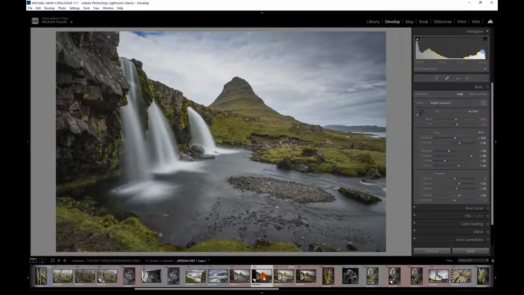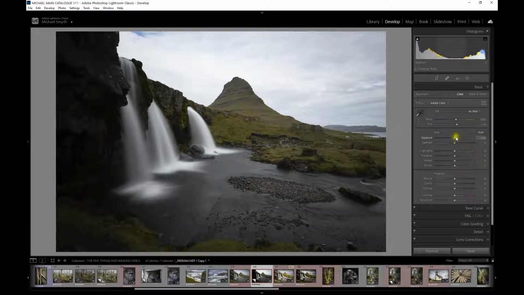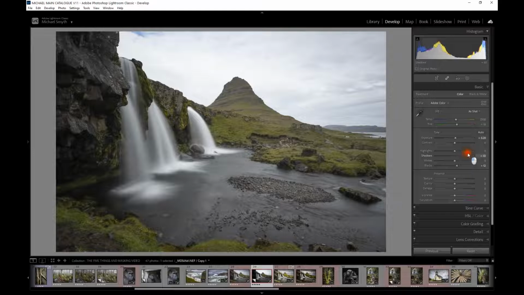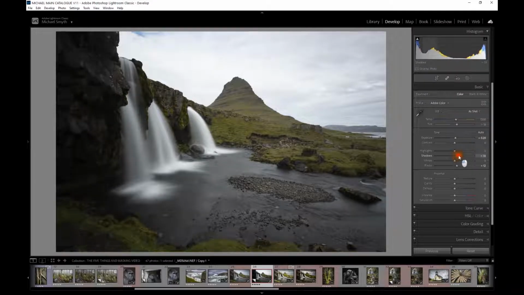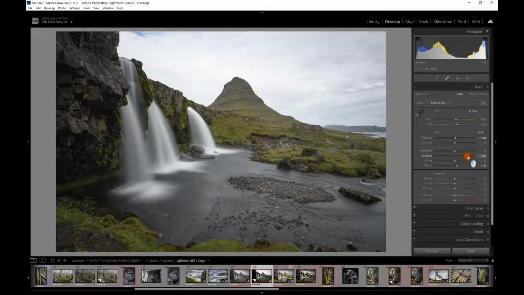So let's just go back to the original image, and you can see there that if I increase the exposure, you'll see that the original capture preserved the highlights, but I've got a little bit, not much, blacked up in the shadows. So we'd be looking at doing things like lightening up the shadows, but of course as we increase the shadows we also lose more contrast. So if you're opening up the shadows, you need to then also bring back some contrast and maybe adjust the blacks as well. So it's a little bit of a juggling act